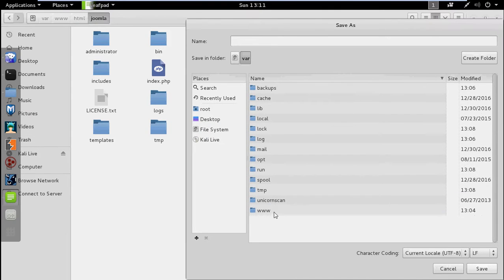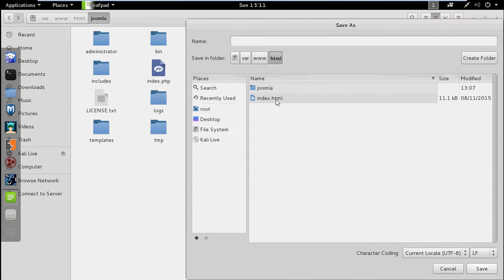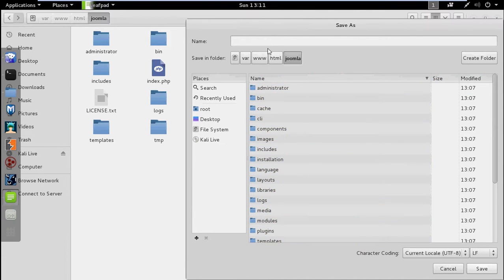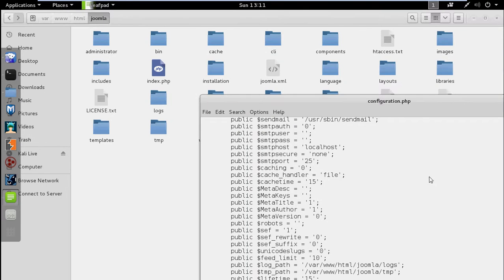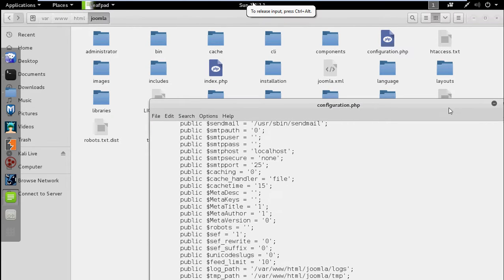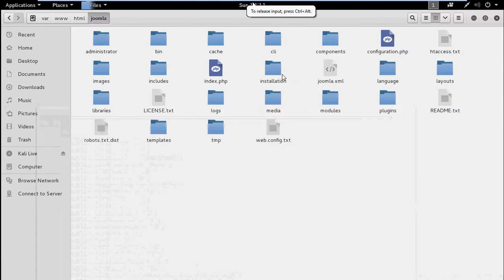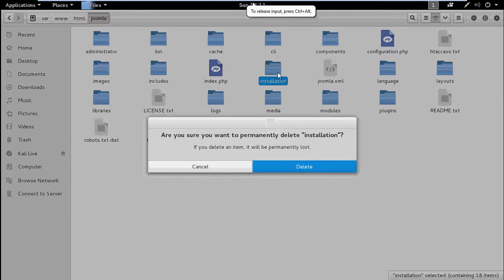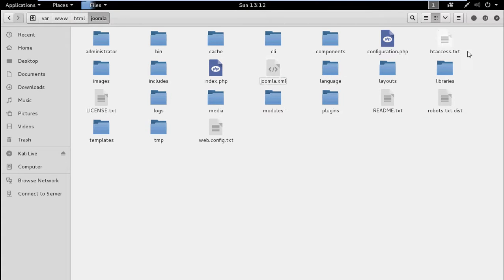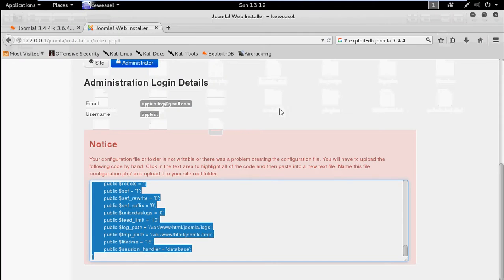So where? www.html, and then I'm simply giving the name configuration.php, and now we need to remove installation. Okay, so we have done. Now